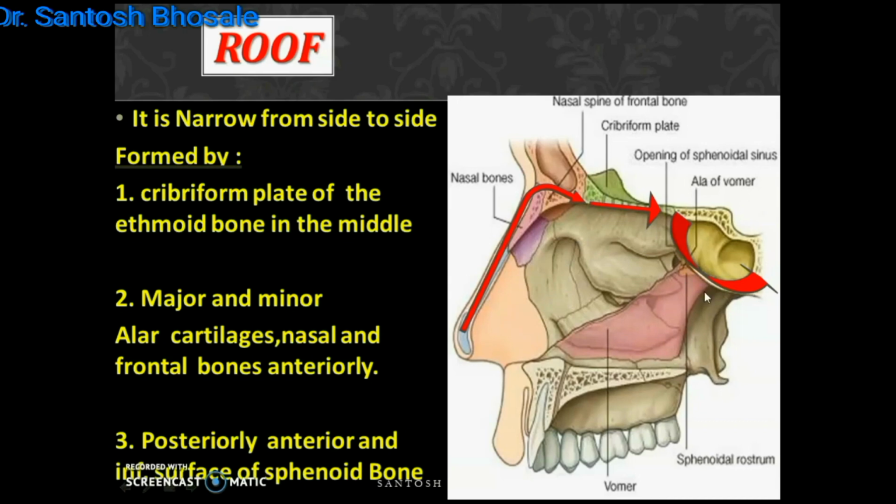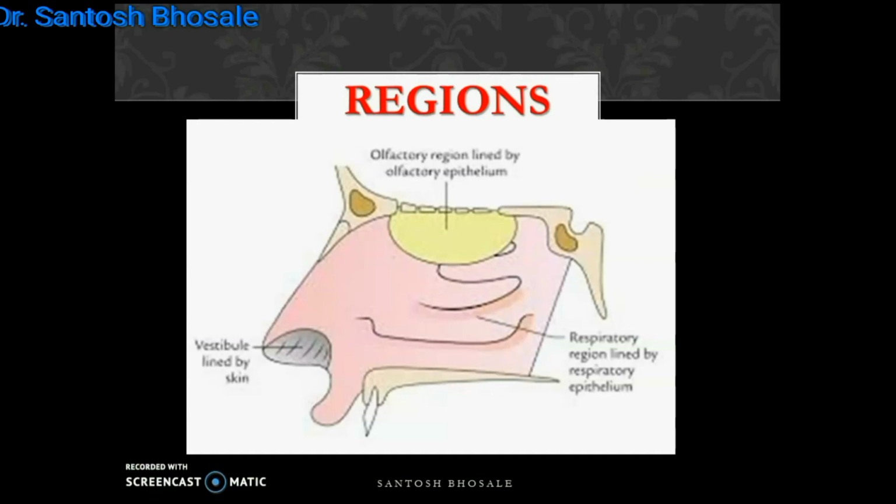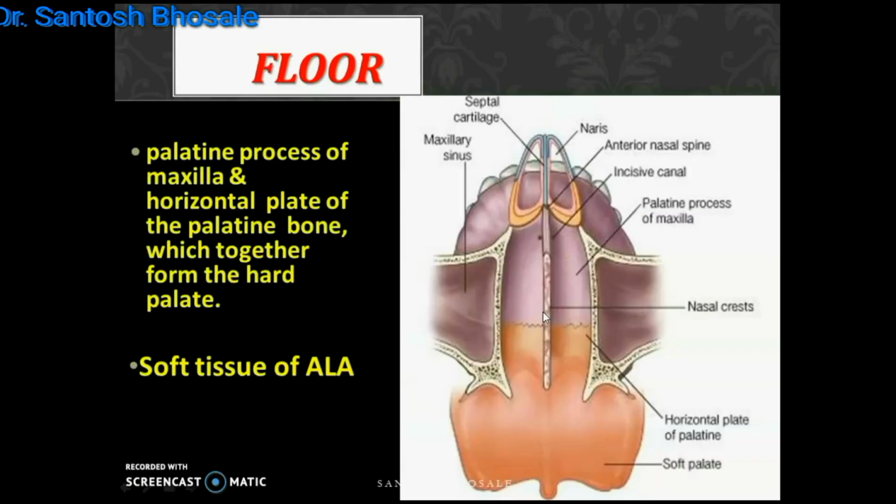So the roof is the narrowest part of the nasal cavity. You can see the regions there: vestibule, respiratory and olfactory regions. The vestibule is lined by skin, the olfactory region is lined by olfactory epithelium, whereas the respiratory region is lined by respiratory epithelium. Coming to the floor of the nasal cavity, it is formed anteriorly by the soft tissue of the ala,